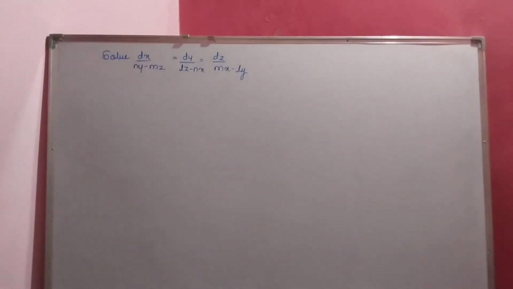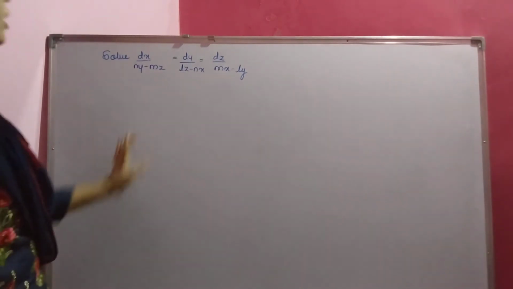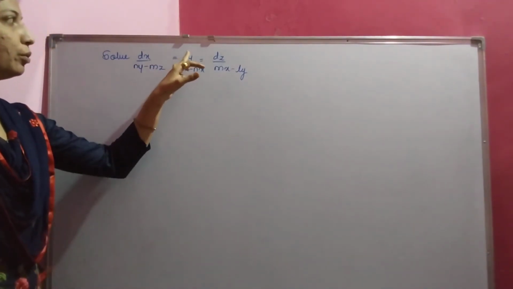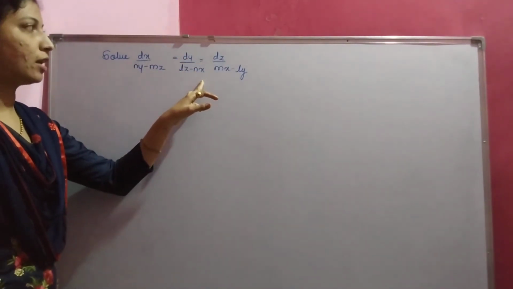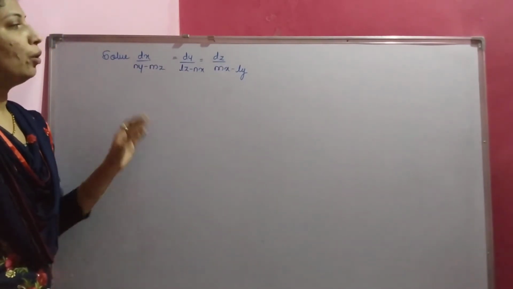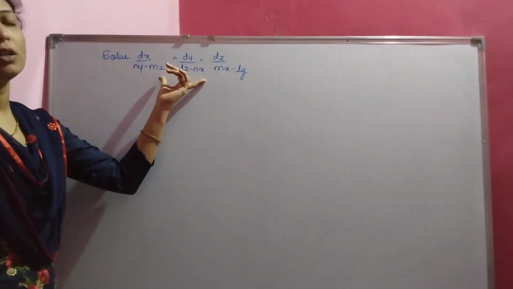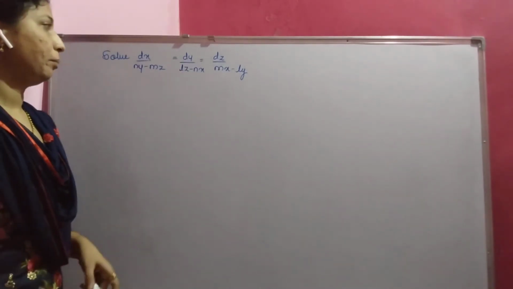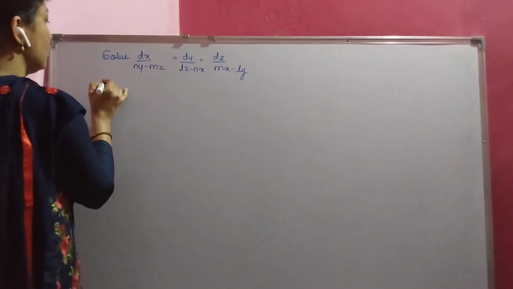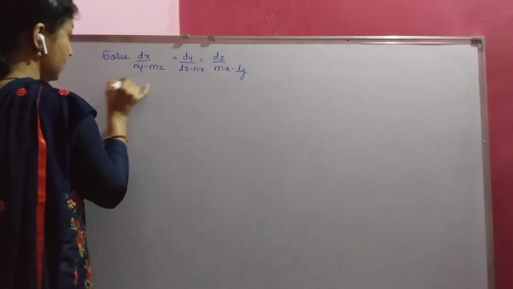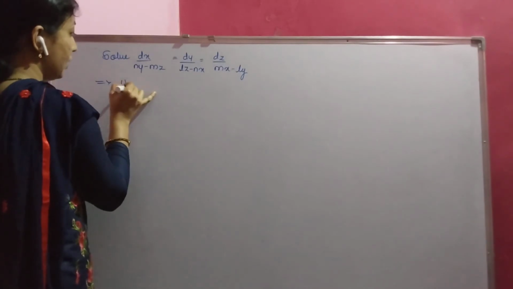Let us consider the next example, that is dx divided by ly minus mz is equal to dy divided by lz minus nx and dz divided by mx minus ly. So again this example is also solved by using the method of multipliers. So first, using multipliers,